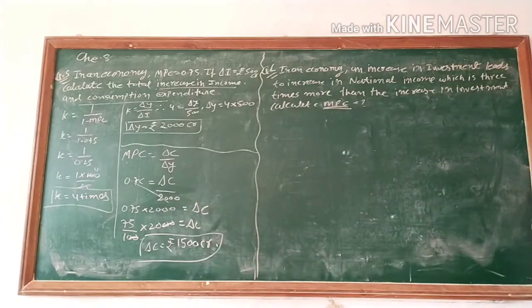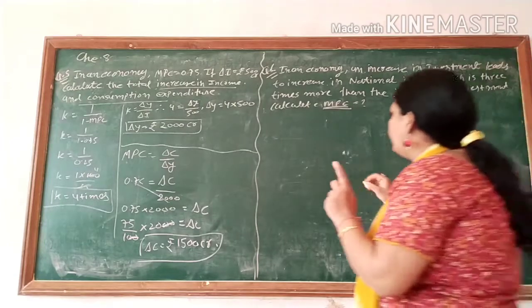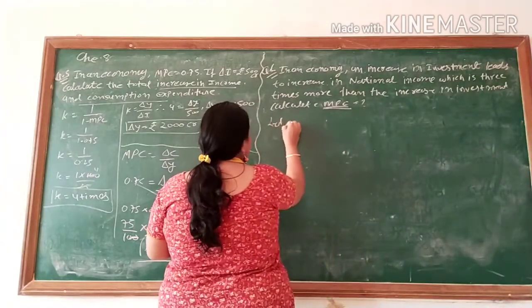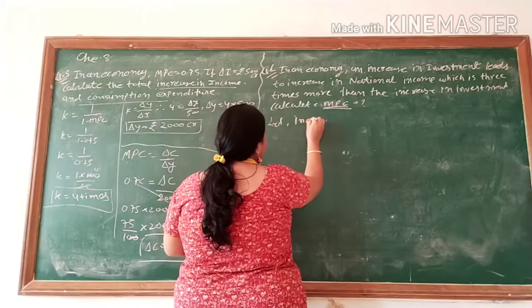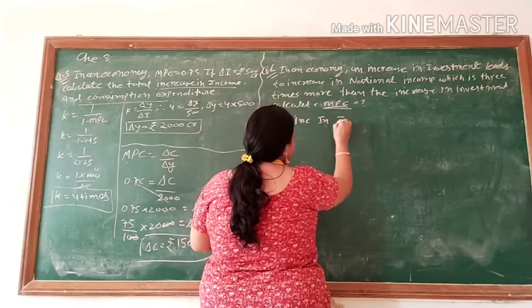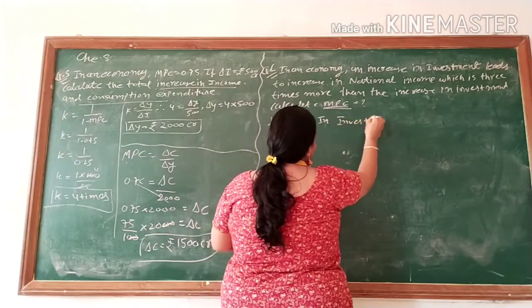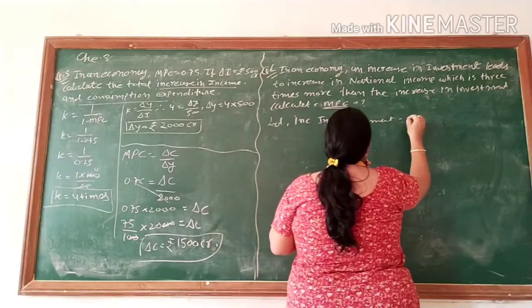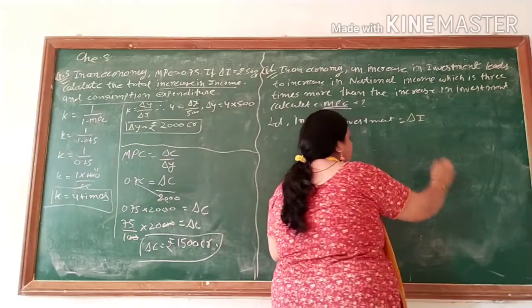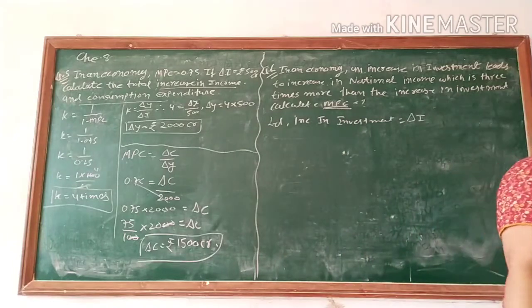अब पहले तो फोकस करो कि आपको इसमें कोई भी डेटा स्टैटिस्टिकल फॉर्म में नहीं दिया होता है. लेट जस्ट अज्यूम, मैथ्स में कर रहे थे ना 10 तक, अब भी कोई करना है. लेट्स जस्ट अज्यूम लेट्स द इंक्रीज इन इन्वेस्टमेंट, है ना. तो लेट अज्यूम दैट इंक्रीज इन इन्वेस्टमेंट इक्वल टू क्या होता है? डेल्टा आई. नाउ व्हाट इज द प्योर क्वेश्चन?